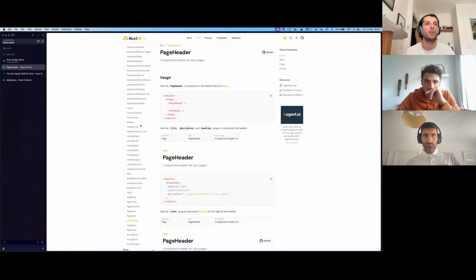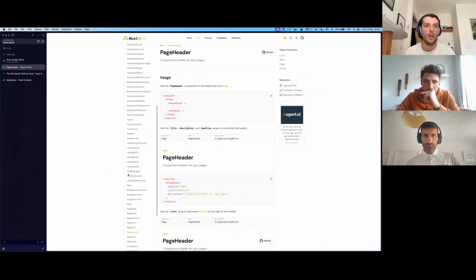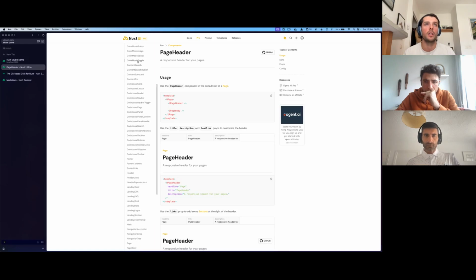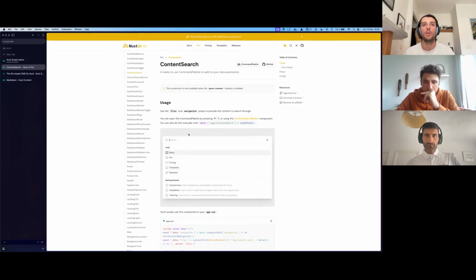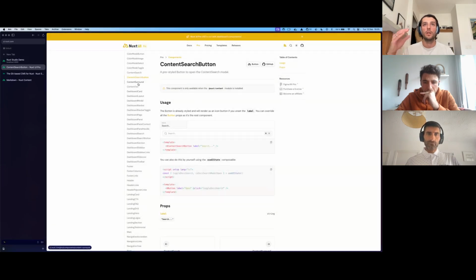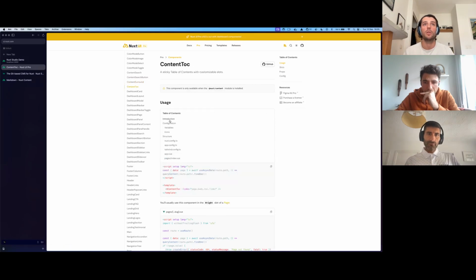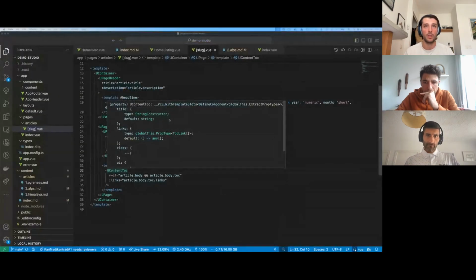It's because in the UI Pro, you have some content related components that are here. So you have, for example, a content search, which is already using the navigation of Nuxt Content. You have a content search button, which is doing the same. It's modal. Everything is already reading all your files, displaying all your files. You have the content surround to say I want to check the previous page or the next page for documentation, for example, or even for articles or blog posts. And we have the content talk, which is the table of contents of our